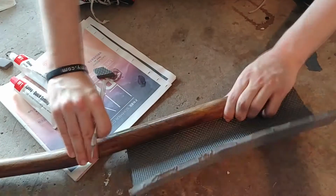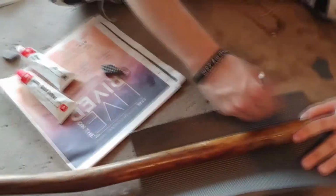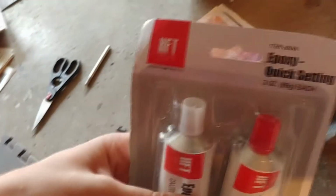Here we are scoring the inside of the foam with an X-Acto knife before we start the glue. This helps the glue of your choice, be it E6000, barge cement, Gorilla Glue, or epoxy, stick to the foam better. After gluing down the handle and waiting a day, we started to sand the handle because it's all uneven